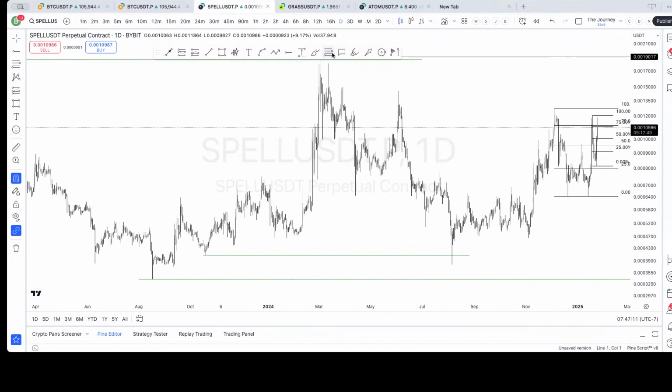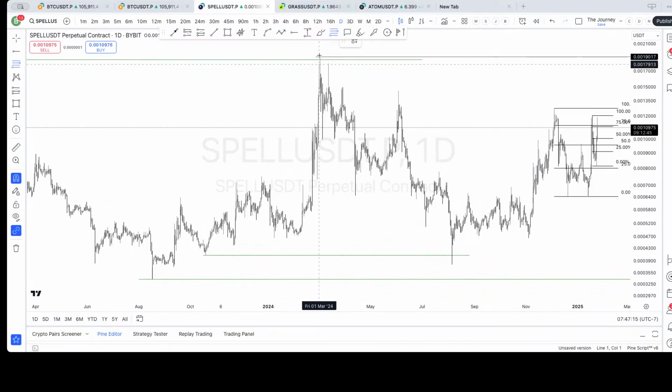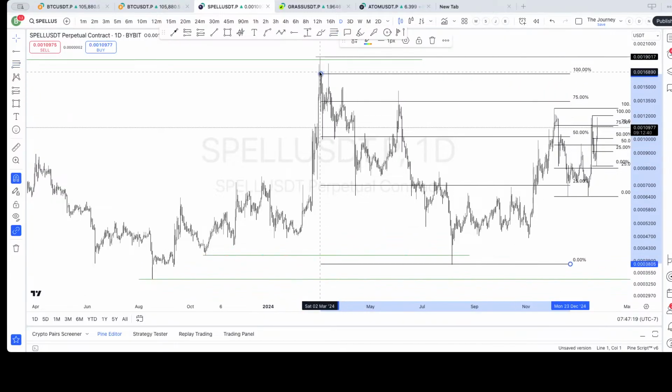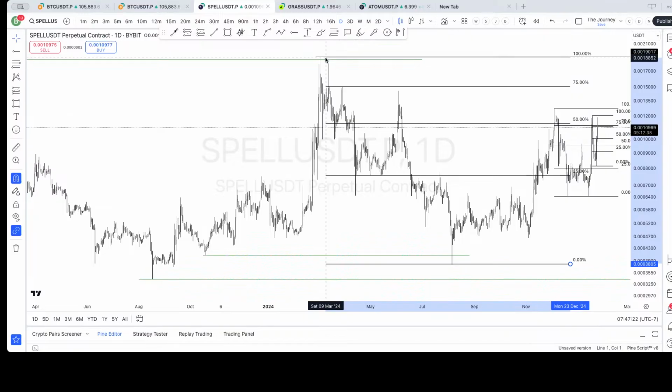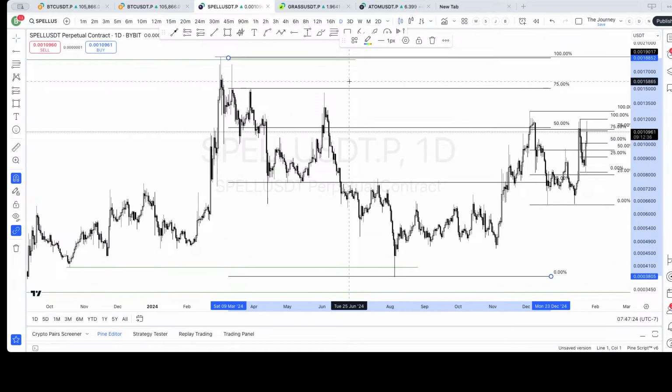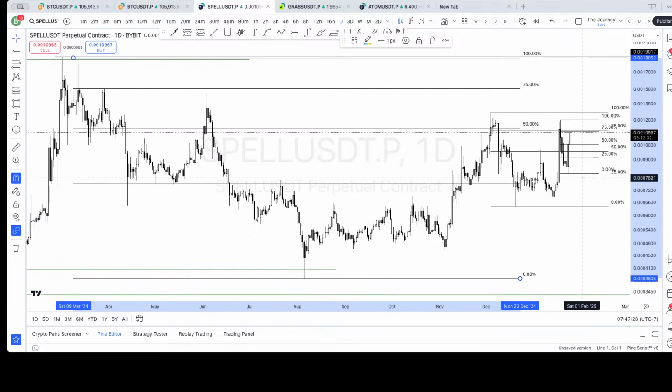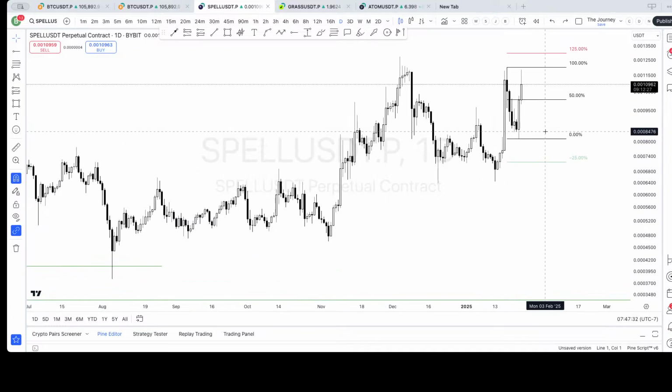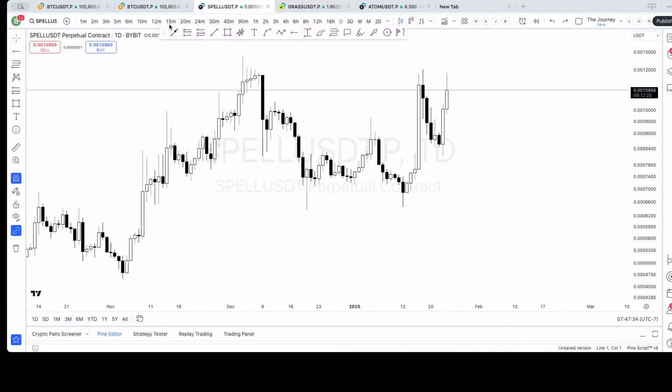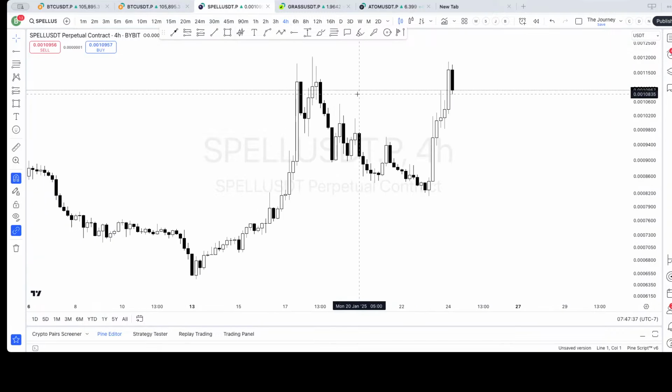Can these get up out of the way? How are we sitting on this? Okay, we're not in the premium of that. We're at the equilibrium of it. Yeah, not a place I'd love to hunt a long trade for. That much I can tell you. Don't really love the idea of hunting a long trade out in here, but we'll see what we can do.